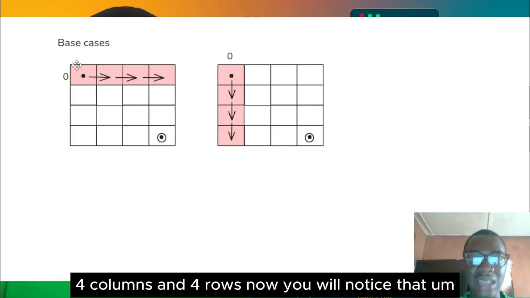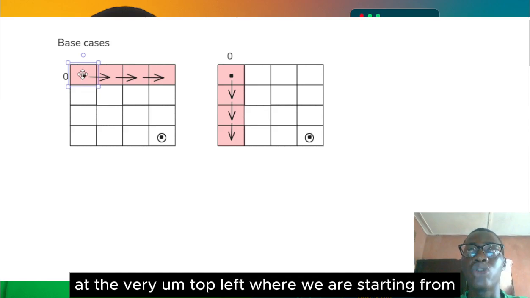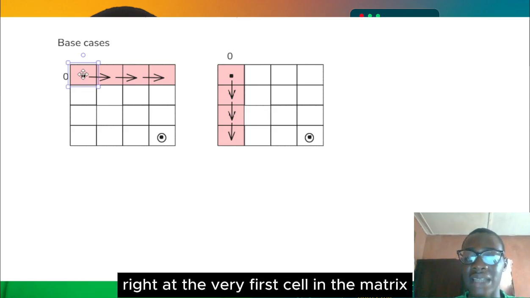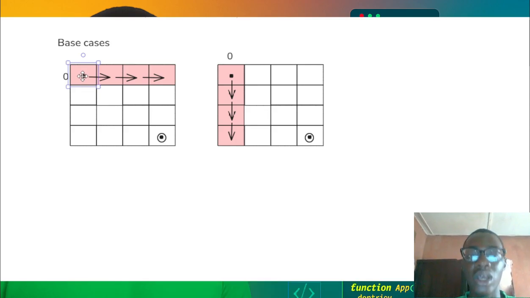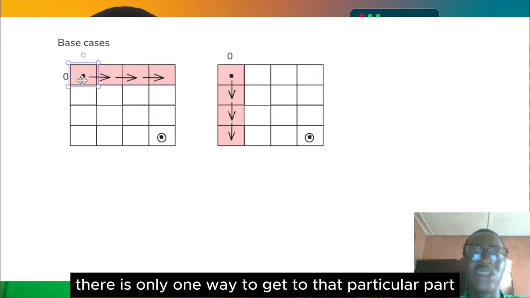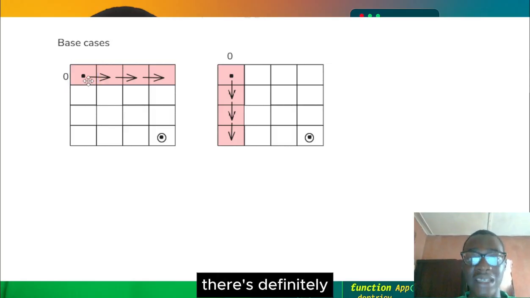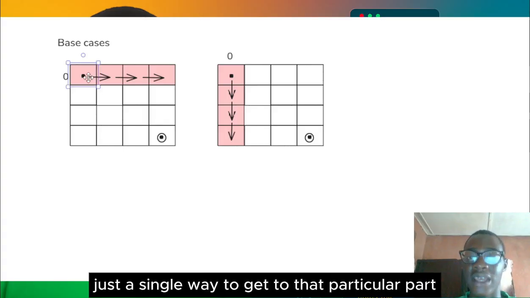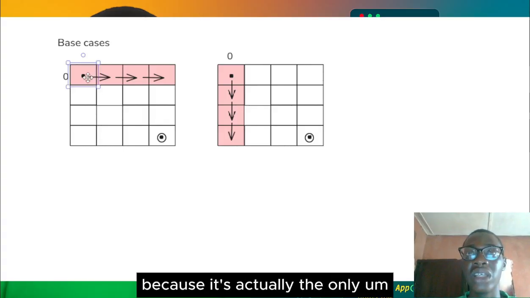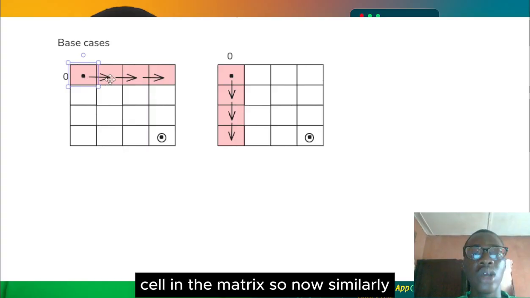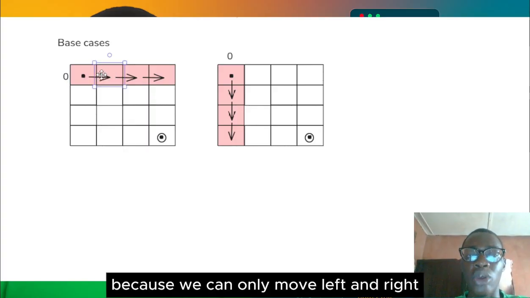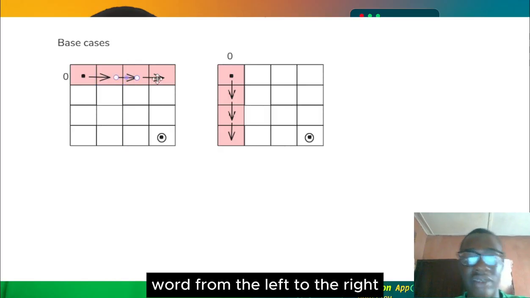Now you will notice that at the very top left, where we are starting from, at the very first cell in the matrix, there is only one way to get to that particular cell, right? Meaning that, probably we are given a 1x1 matrix. There's definitely just a single way to get there, because it's the only cell in the matrix. Similarly, because we can only move rightward and